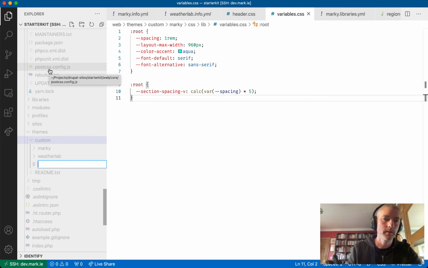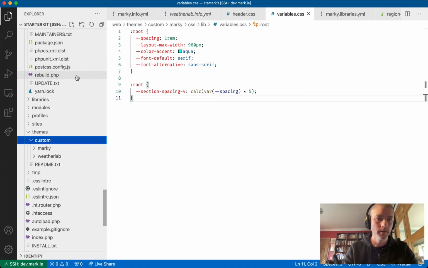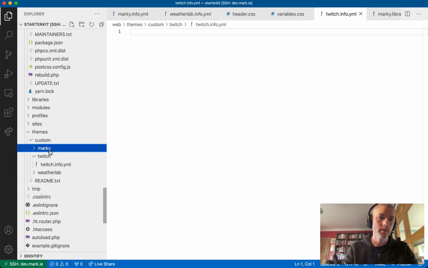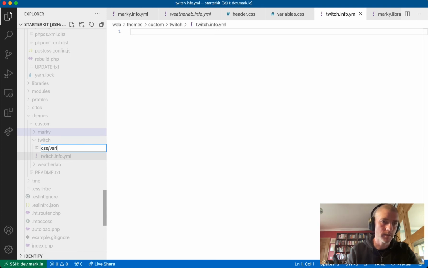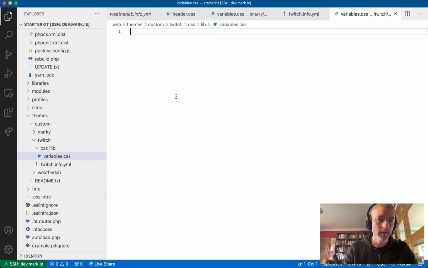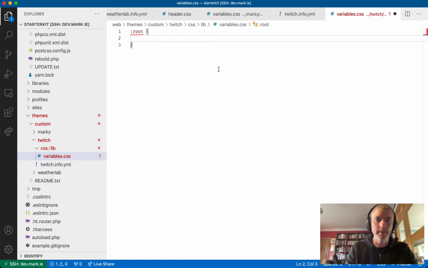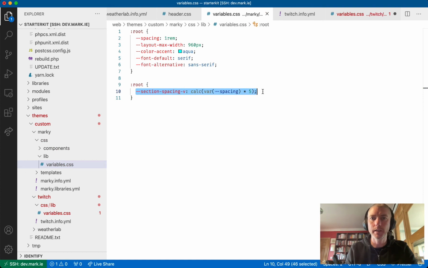Inside custom, I'm going to create a new team called, let's call this one, Twitch. Twitch/twitch.info.yaml, and inside Twitch, I'm going to create a CSS/lib/variables.css. And inside my variables.css, I'm going to say root. And the only things I need to override here are the actual variables that I want to change for this